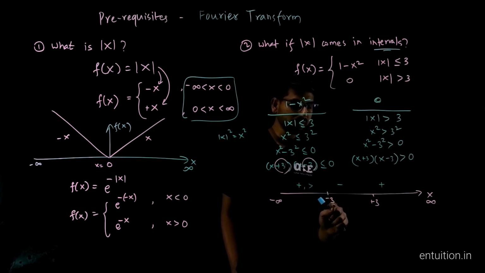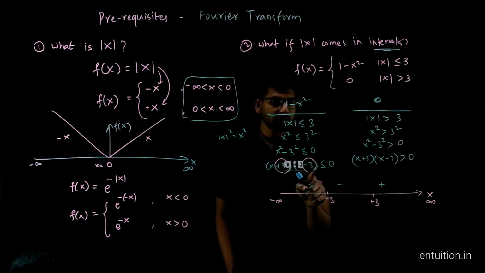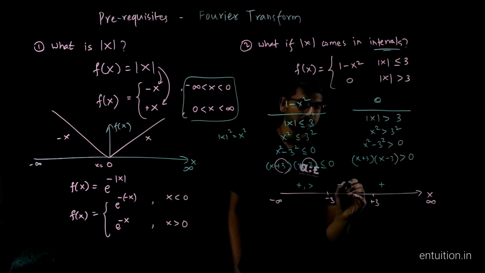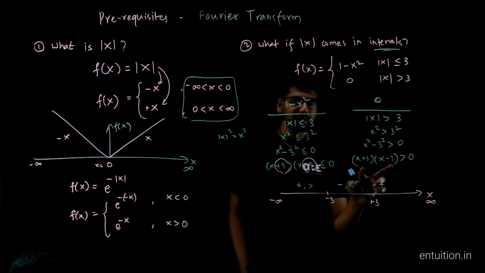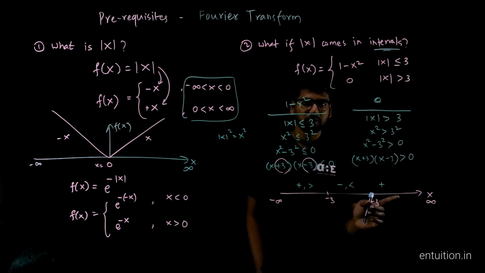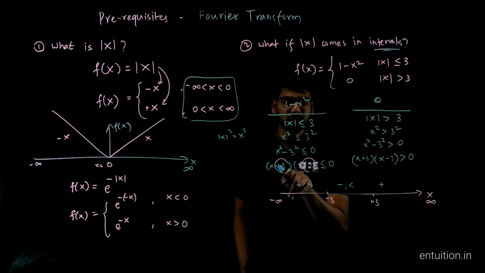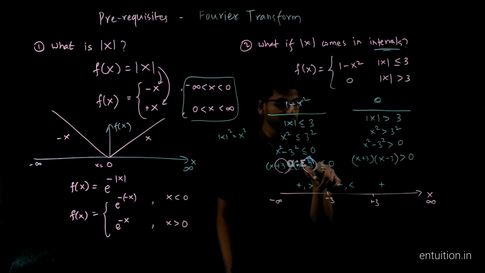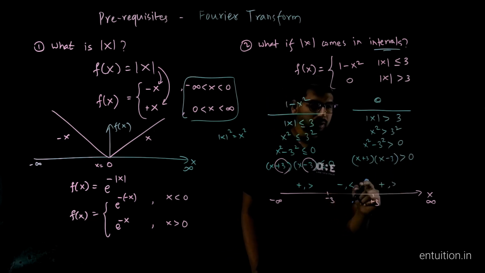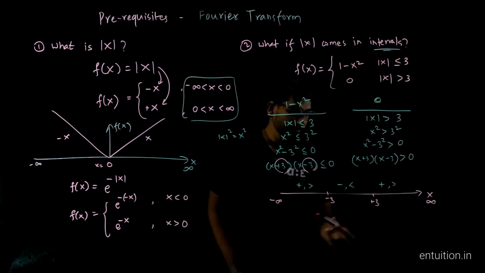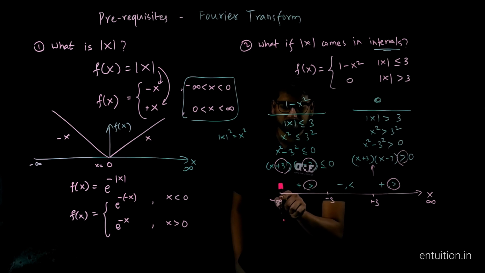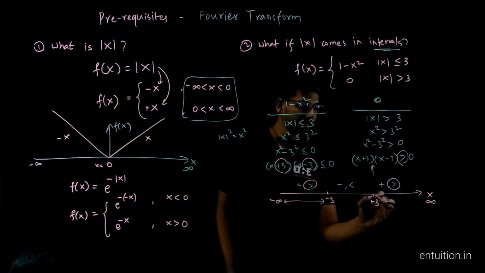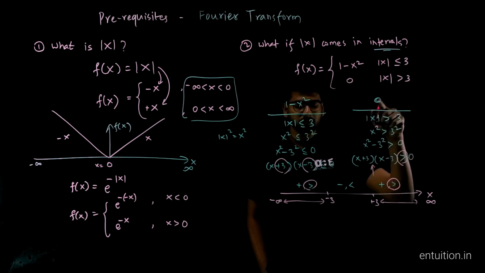If we substitute a number between minus 3 and 3, say 0, we will get a number that is less than 0, or negative, right? And if you substitute a number in this interval here, both LHS are the same, so it doesn't matter. I am not writing two graphs. In only one graph, I can find the values of x for which the LHS is less than 0 and greater than 0. So it will be greater than 0 for the intervals minus infinity to minus 3 and 3 to infinity. So f of x will be 0.